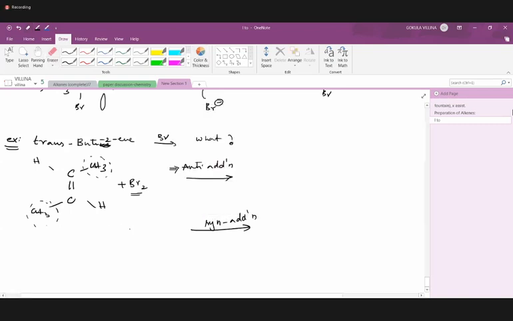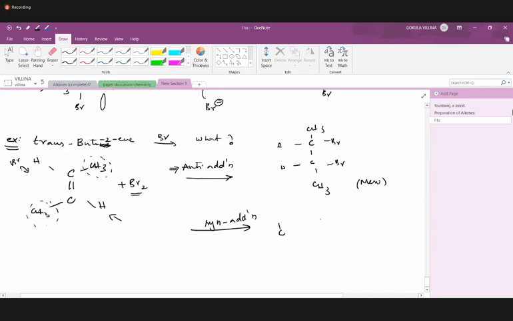Okay. So anti on the opposite sides. So what do we have? Let's say one bromine will attack from this side and the other bromine will attack from this side, in the anti in the first scenario. So we have CH3, carbon and CH3, H, H, Br and Br. So we will have a meso form.